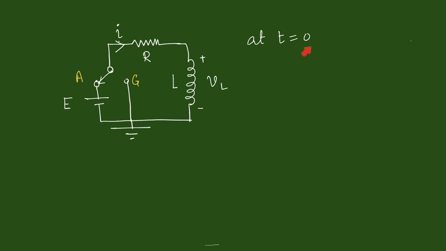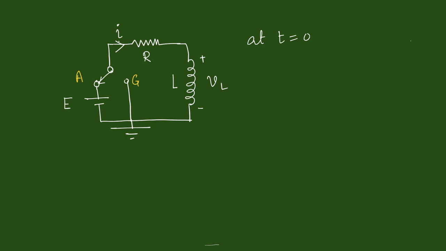At t equal to 0, there will be very large change in current, and so back EMF developed will be equal to the EMF of the voltage source. This will ensure that the potential difference across this resistance is going to be 0, keeping the current in the circuit to be equal to 0. With time, the voltage source will neutralize the effect of back EMF or self-induced EMF, and hence current in the circuit will start increasing exponentially, and after some time it will acquire a maximum value, that is E upon R.